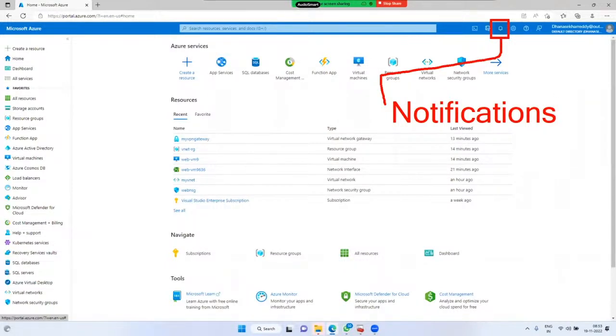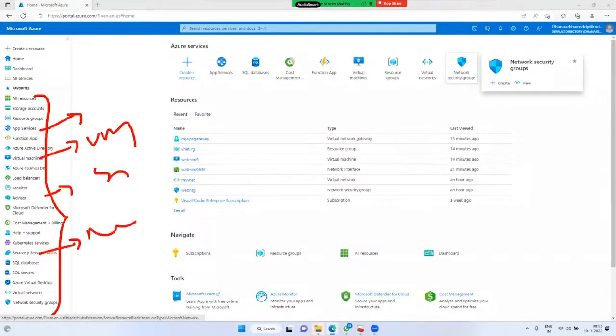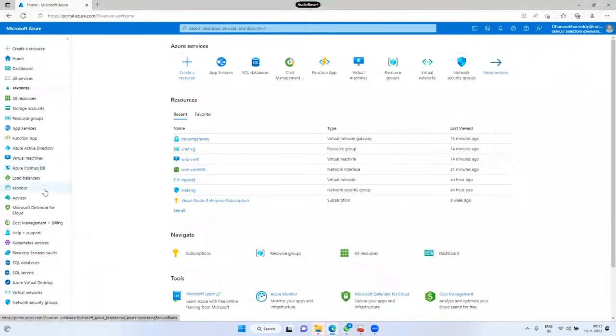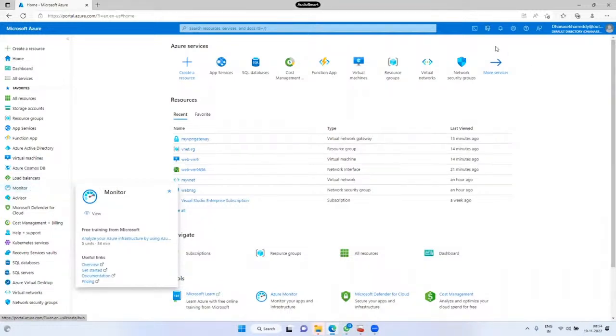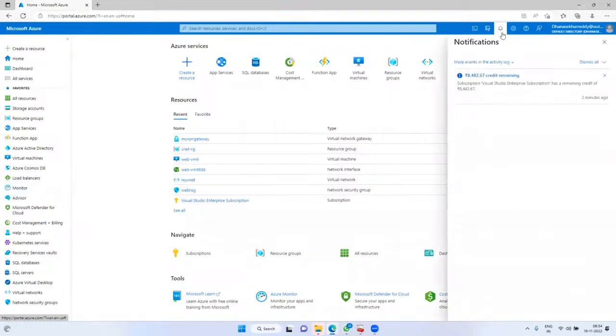For example, you have created any service, maybe app services, virtual machine, storage account, networking, SQL server, etc. If you create any service in Azure, whether the service deployment succeeded or not, or is in progress, all that information you can track in notifications. We will call this notifications. That is point number one.